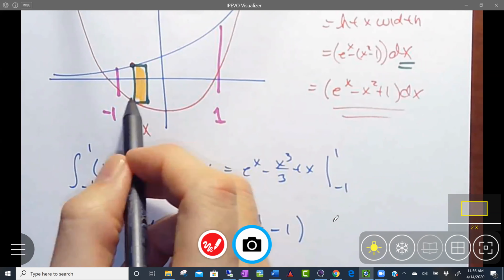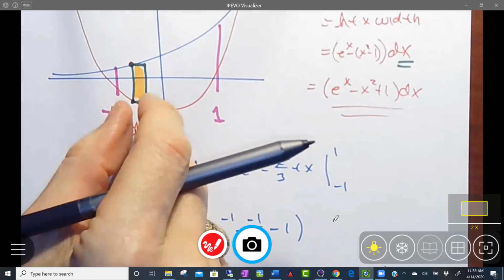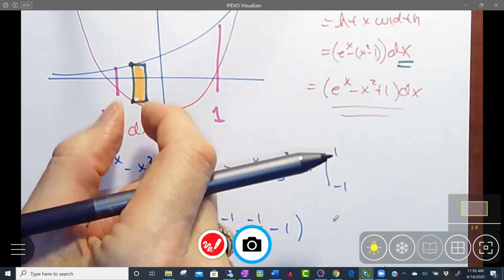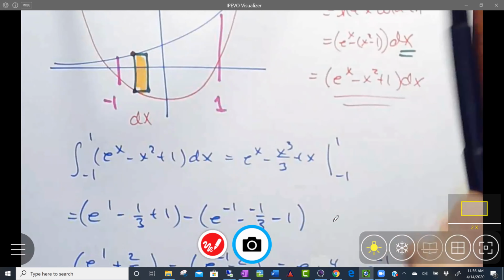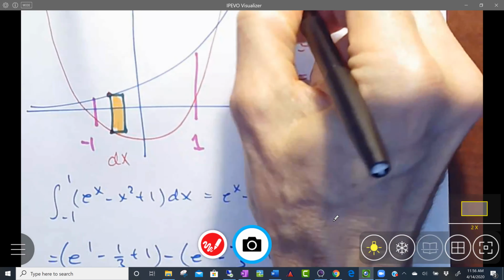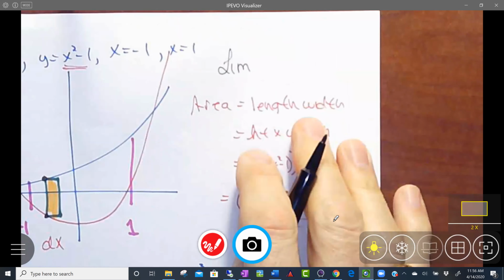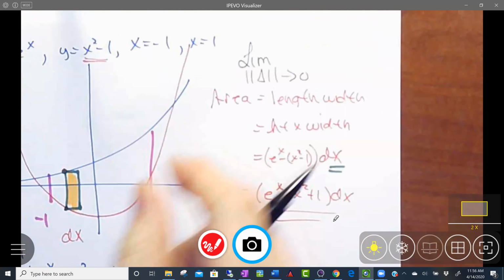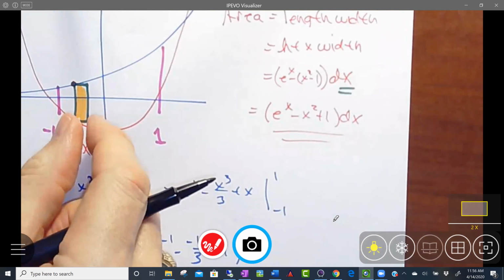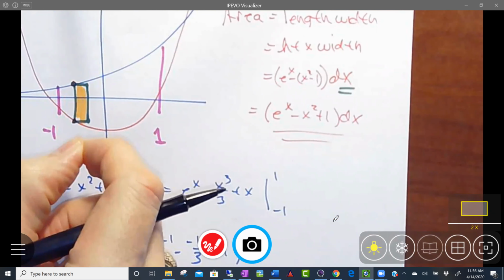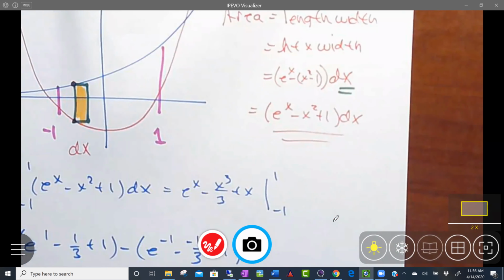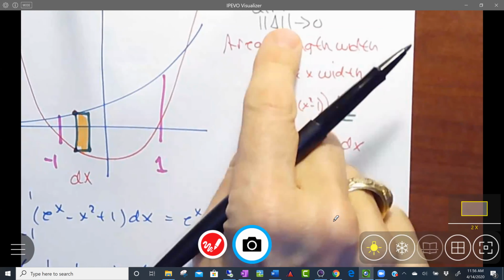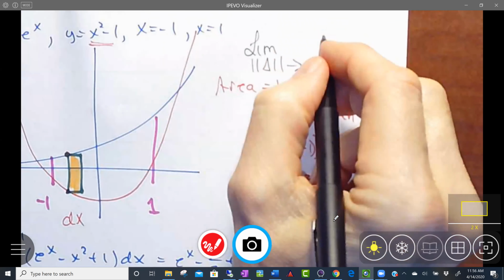Now, exactly how you find the height here doesn't matter, because eventually you're going to be making these things really, really small. You're going to take the limit as, and you'll see it in a lot of the notation here, limit as the norm of the partition goes to 0. Basically, it's letting the width of these rectangles get really, really small. And when that happens, that limit is going to become the exact area. Fortunately for us, that limit of the Riemann sum